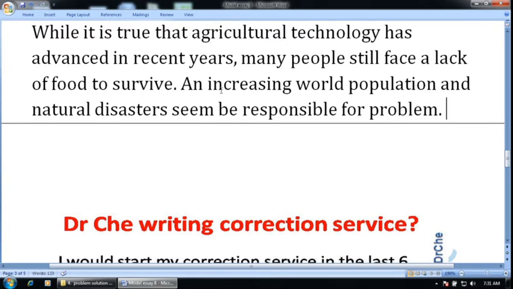Instead of saying increasing world population and natural disasters are responsible for this problem, so if you